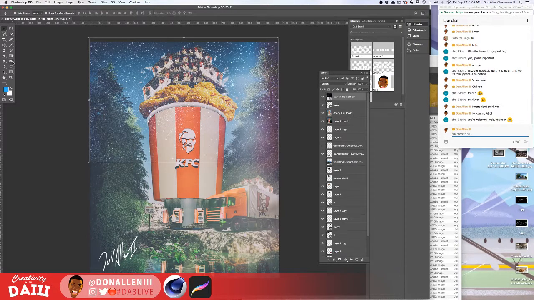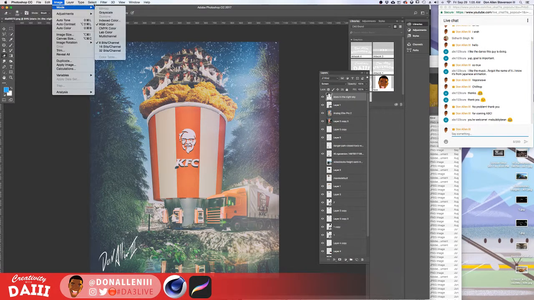So we'll just grab our eraser tool and hit rasterize, and we'll kind of erase it from the trees here, kind of erase it from the bucket and the chicken and all the chicken in the coop. Cool, kind of just erasing stars. Then we can go to our image adjustments,